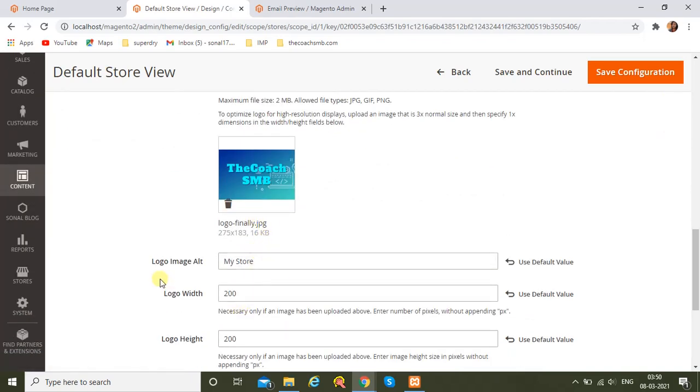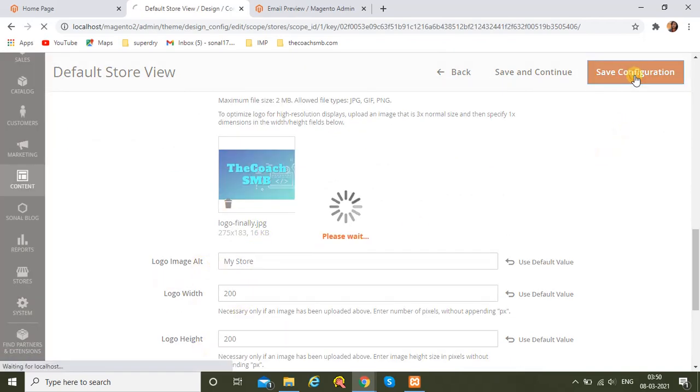We will set the width, height and alt tag. That's it. We need to save the configuration after that, and once it is saved, we will clear the cache and quickly see how our new logo will look in the email templates.